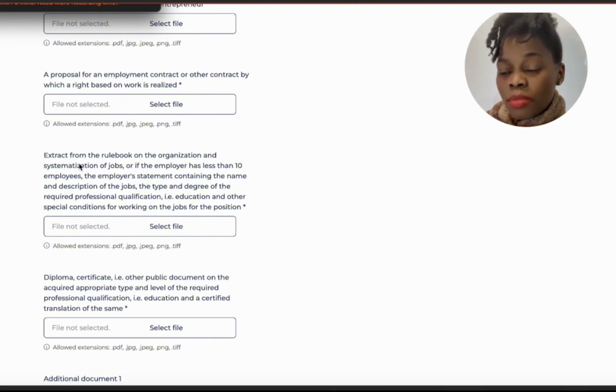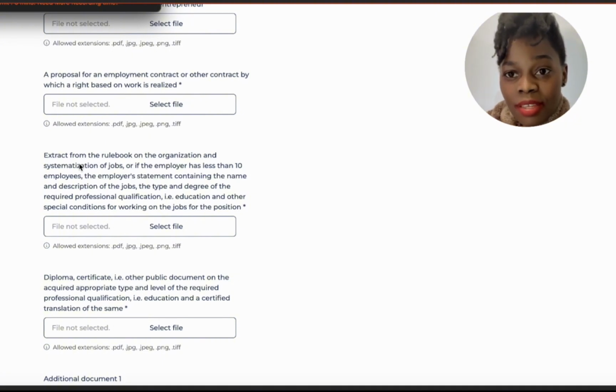Okay, so this means that when the employer has the need for a foreign employee, they have to provide the rule book, which has the job description and the qualifications the employer wants,